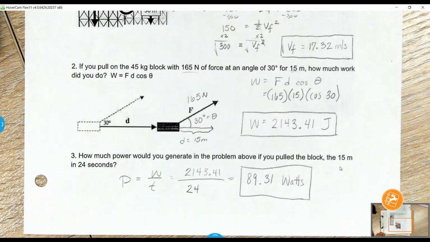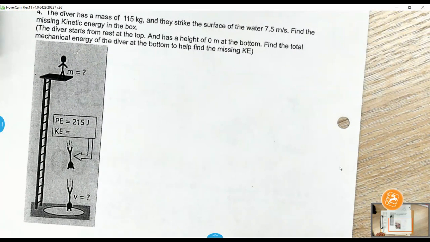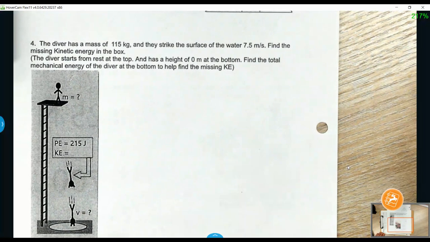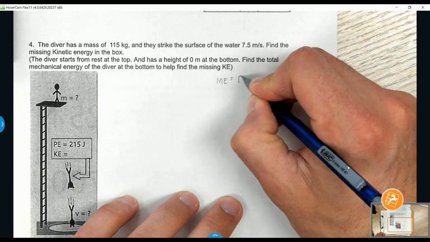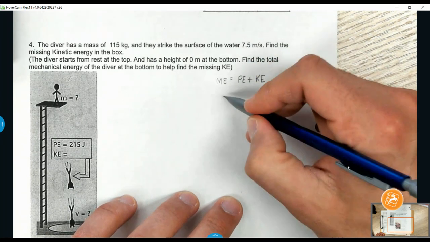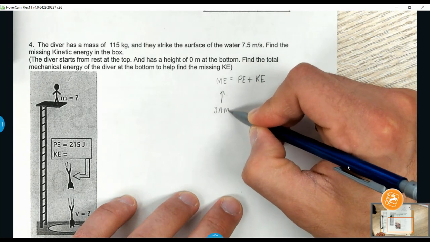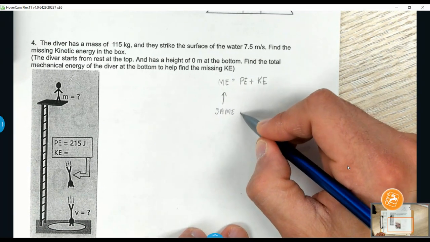And then the final question. Okay, so I need you to understand two things. Mechanical energy is equal to potential energy plus kinetic energy, and that the mechanical energy is the same